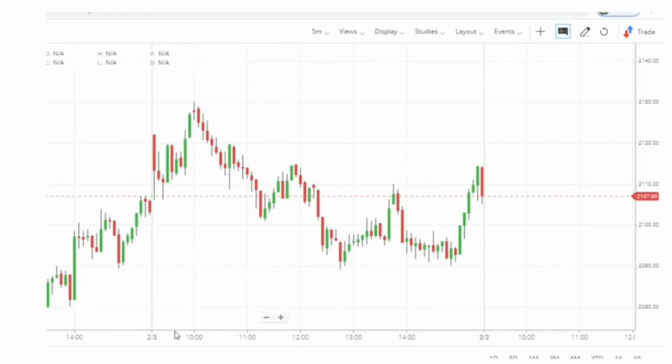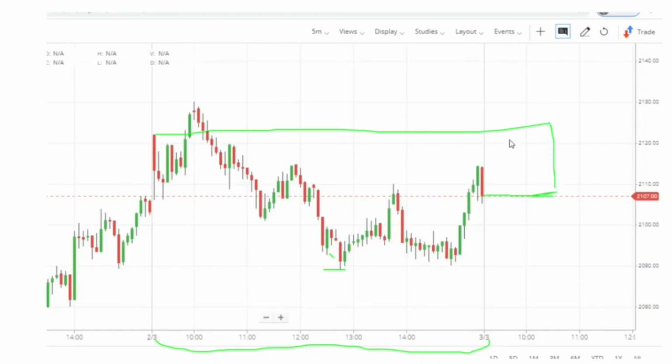For example, if I wanted to mark one single candle for the whole day, that is, I wanted to see how price fluctuated in a single candle, I have to mark the open first, then I have to mark the close. You can see here price opened here, price came down and made a movement here, then came down, then made an upside movement, then came down and made a low here, then moved to the upper side, then came down and finally it closed here. So we will mark this close level,